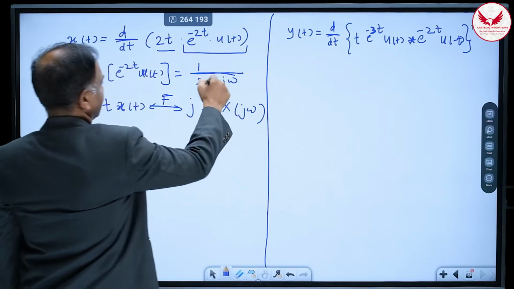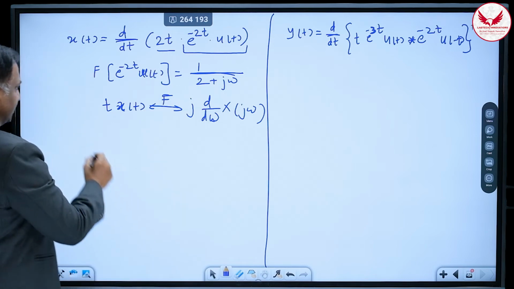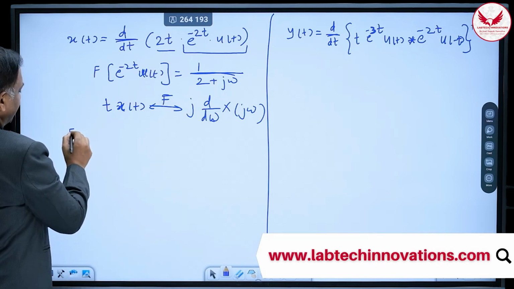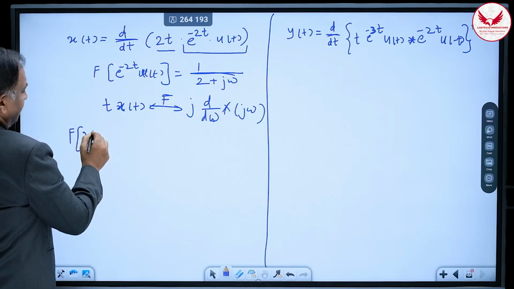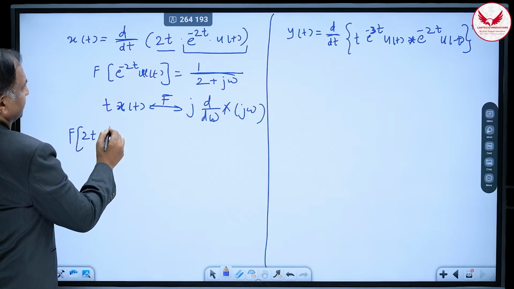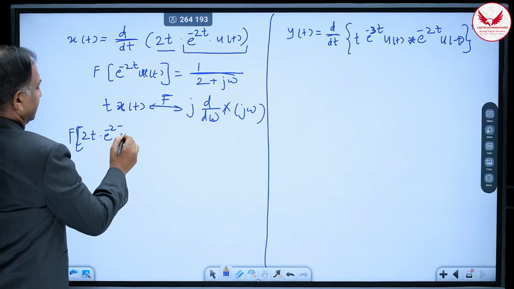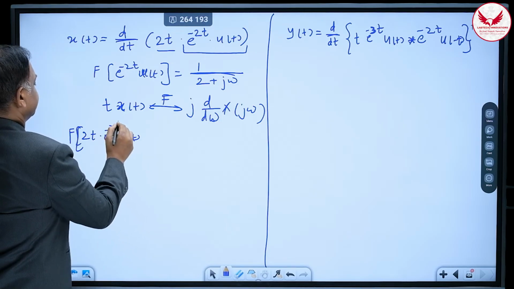Now this is your x of j omega. So you can write the Fourier transform of